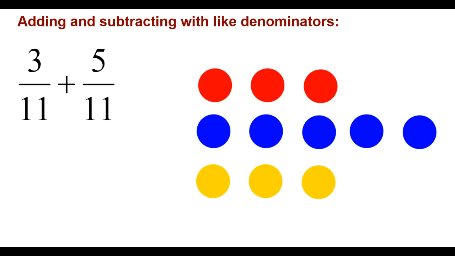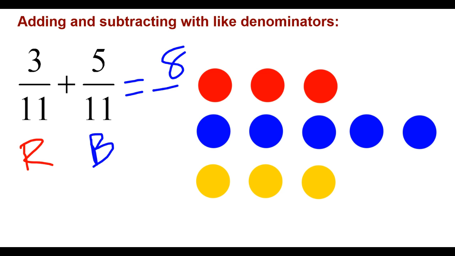So in this case, if we're looking at a group of marbles, 3 red marbles, 5 blue marbles, and 3 yellow marbles, we could say that we wanted to add the fraction of red marbles to the fraction of blue marbles. And we could do that in a number of different ways. We could just count how many marbles there are, but we could also, as we said, add the numerators and keep the denominator. And in a case like this, it's very easy to see why the denominator remains the same,